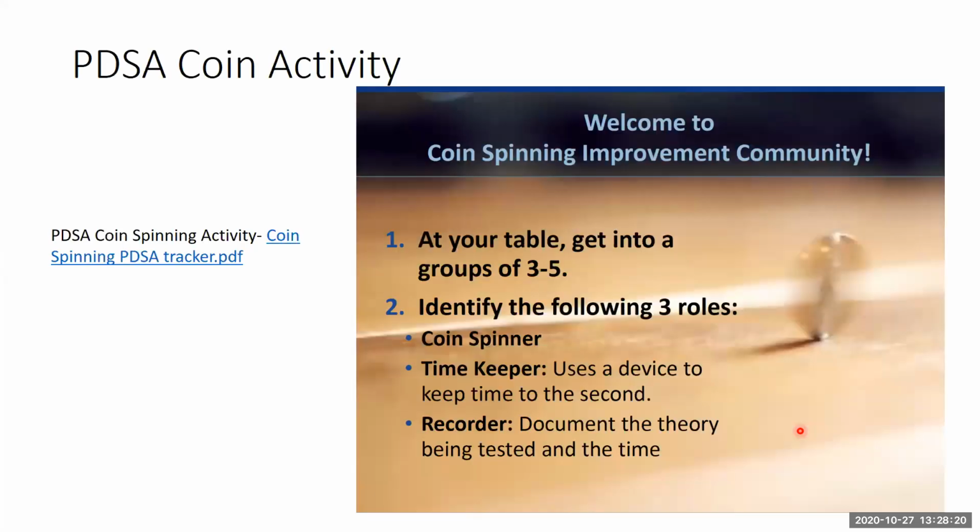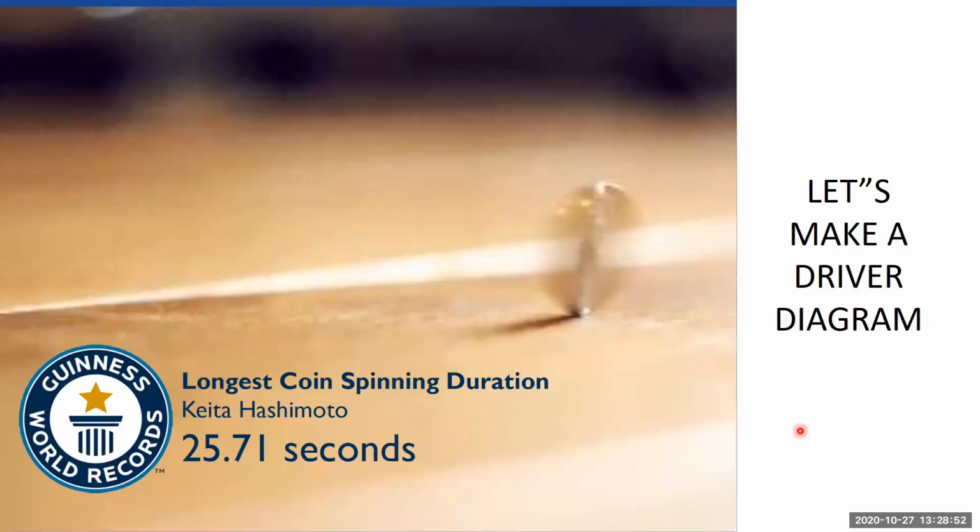I also just wanted to mention a PDSA activity that I think is really helpful that you can do with your group at your school to help build an understanding of PDSA. It's included here at the end of the presentation. And what you do in this activity is you actually spin coins. And so you get a penny, a nickel, a dime, a quarter, various different types of coins. You have somebody who spins the coin, somebody who keeps track of the time, and somebody who documents the theory being tested. You know that 25.71 seconds is the longest coin spinning duration, and you use that to create a